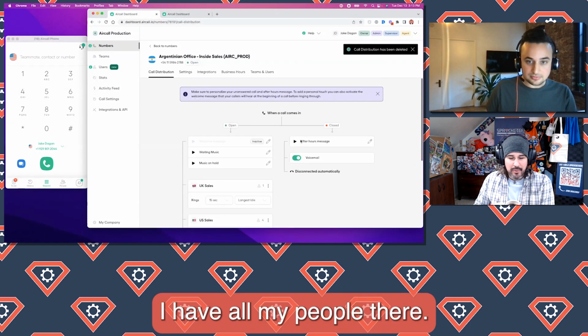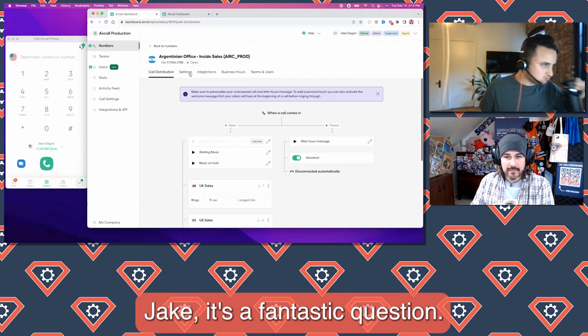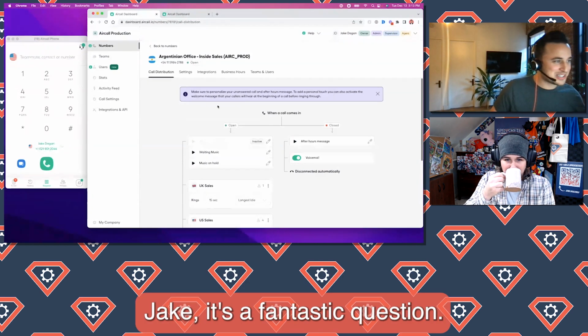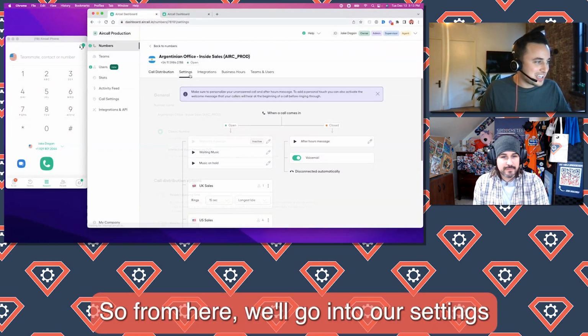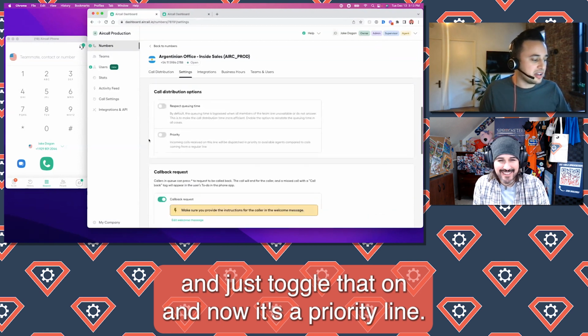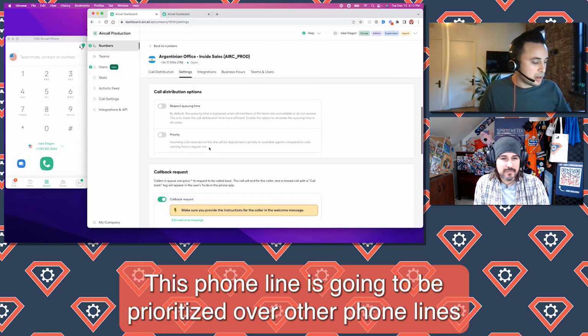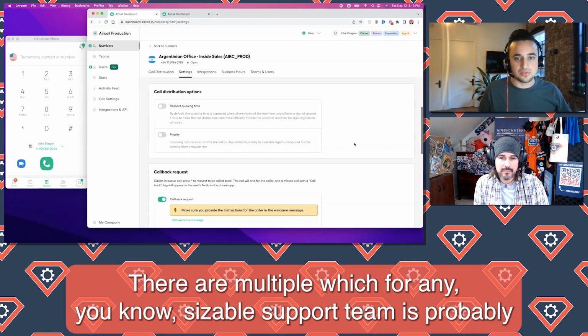I have all my people there, but let's say this is like a priority line. How do I do that, Jake? It's a fantastic question. So from here, we'll go into our settings and just toggle that on. And now it's a priority line. This phone line is going to be prioritized over other phone lines and go to the top of the queue for any agents that are in multiple,